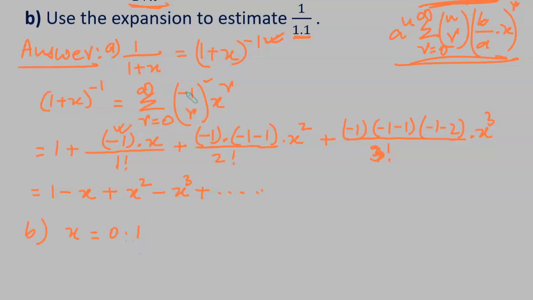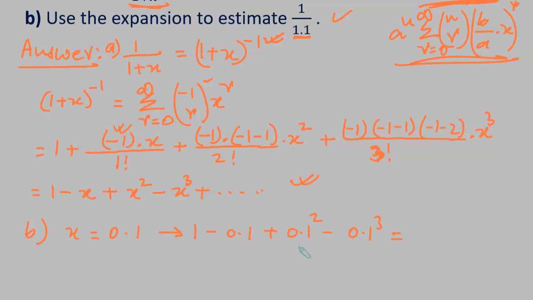And we have to use the expansion to estimate 1 over 1.1. So we will be just substituting this value of 0.1 in this expansion. We have taken only the first 4 terms, so we will be taking only the first 4 terms. It will be equal to 1 minus 0.1 plus 0.1 square minus 0.1 to the power of 3, which is equal to,